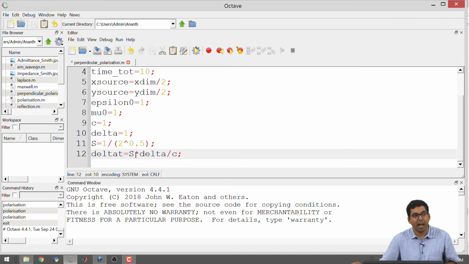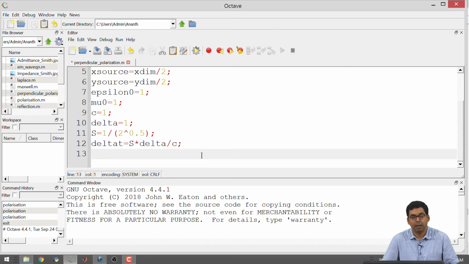This is the only catch in this entire program, and I will not go into more details about this because this is a topic that is dealt with very extensively in the other course, computational electromagnetics, where you will be studying about the Courant Friedrichs Lewy stability factor, alright. But for now, I think this is good enough, right? You have to account for the nearest neighbor, that is all. Okay. Now we can go on with the remaining parts of the program.